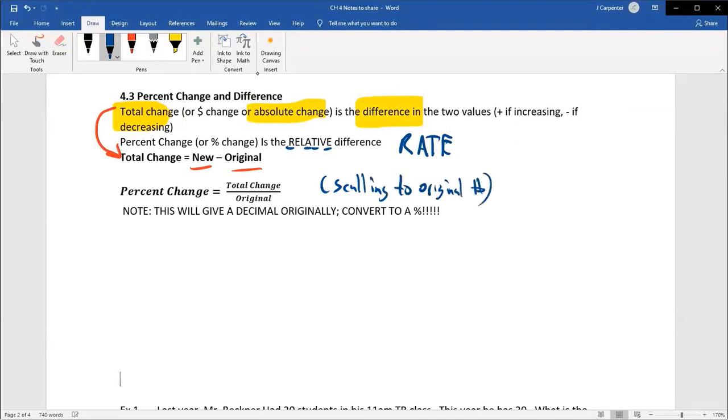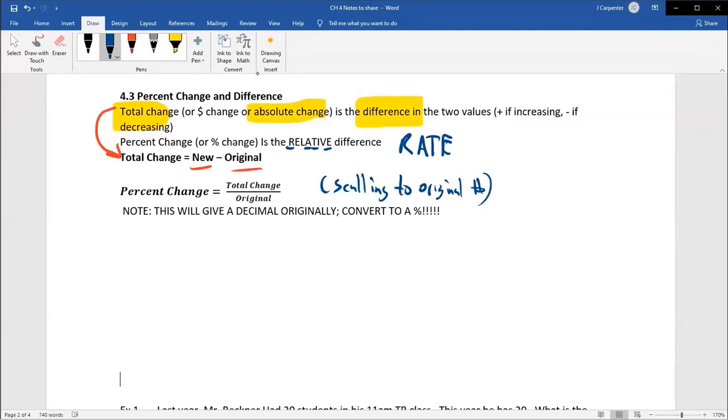It doesn't make sense to scale to the new value because we're trying to think about the change in comparison to what we used to have, not what we will have. Think about it this way. If you get a salary increase, let's say you currently make $10,000 a year working part-time, and your boss says, I'm going to give you a 50% raise, and maybe it just means you're getting 50% more hours. I don't know. Your new salary is not going to be based on some percentage of the new salary. That would be a redundancy, and it would be impossible to figure out. Your new salary would be based on your old salary. So when you think about that 50% pay increase, that's a percent change based on the original amount that you made.